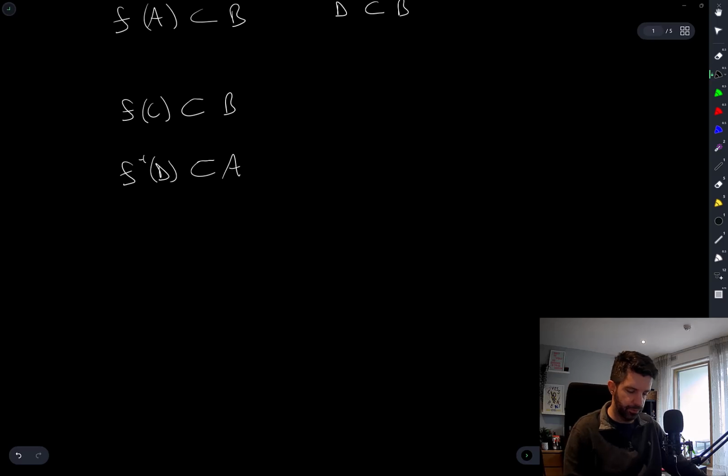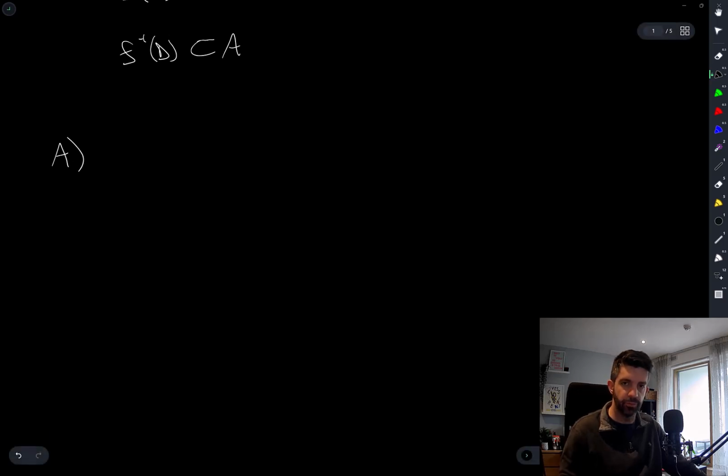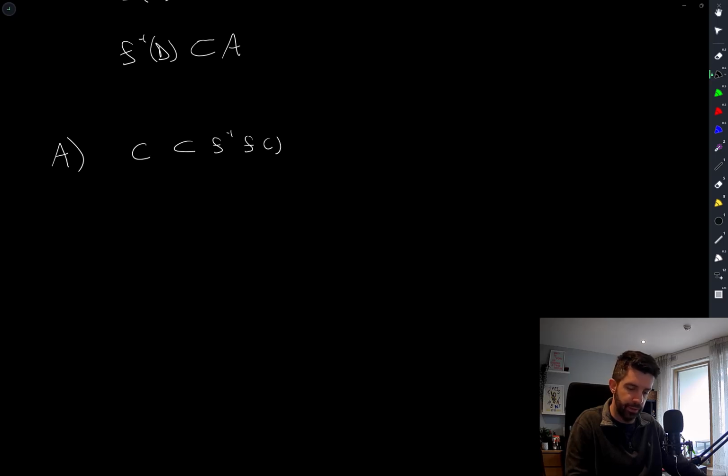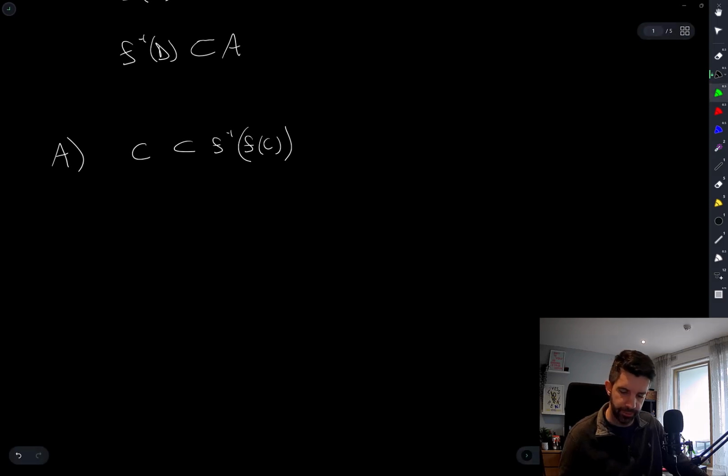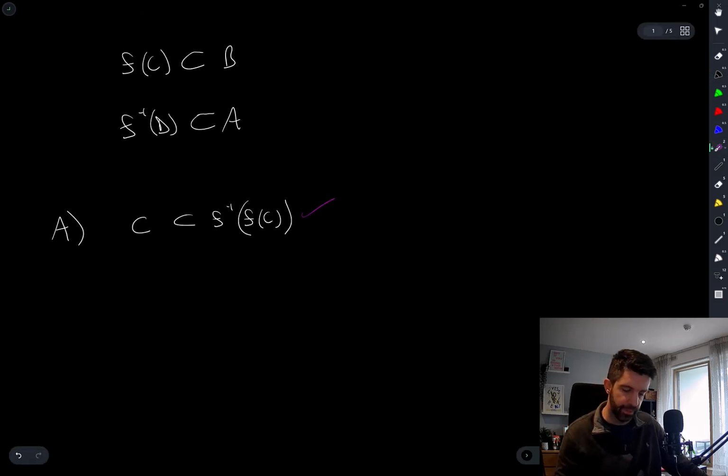But let's go through some of the statements one by one and see if we can rule them out or confirm them. So C is a subset of f inverse of f of C. That's true, actually. Is the answer just going to be A? Right? If I have an element of C, and I take